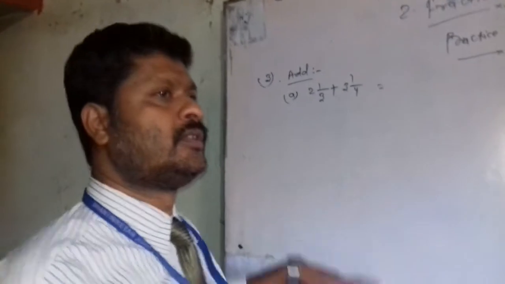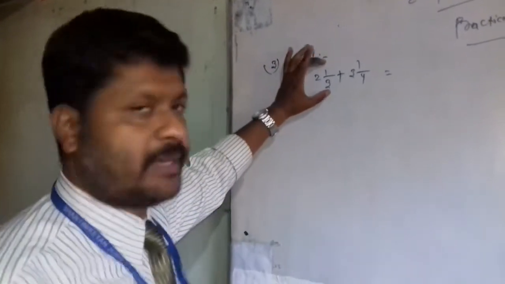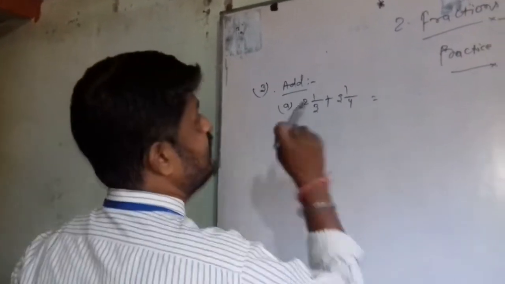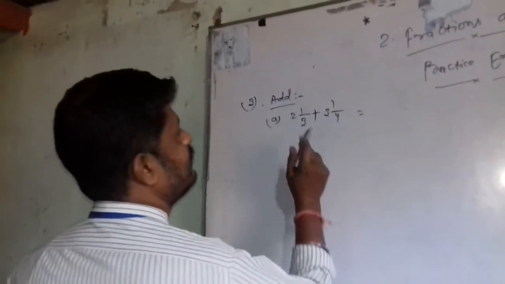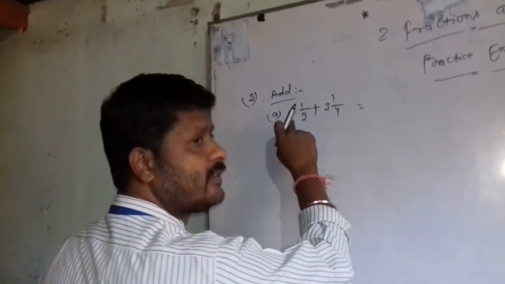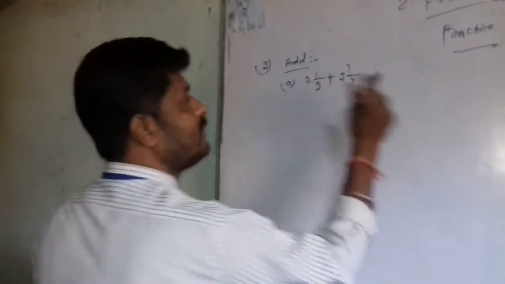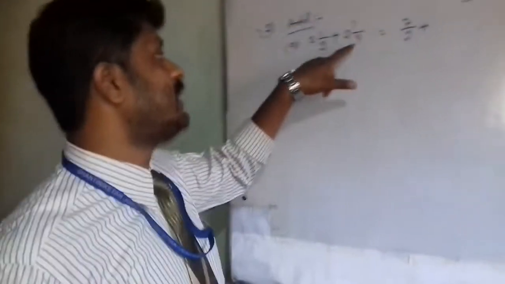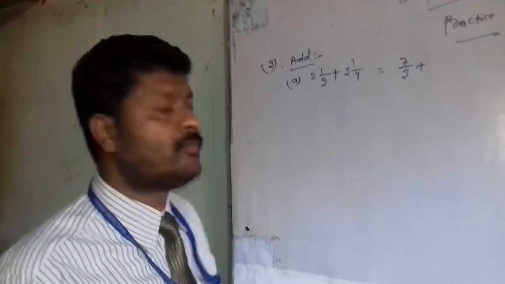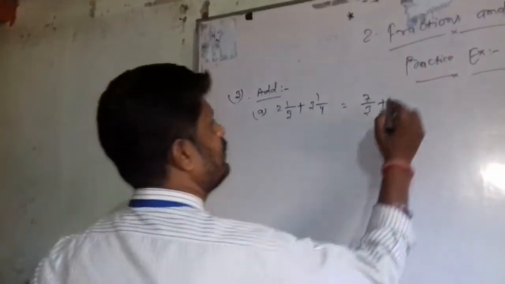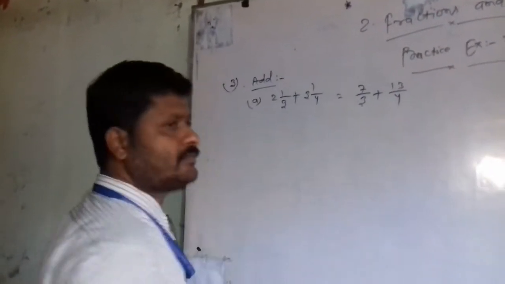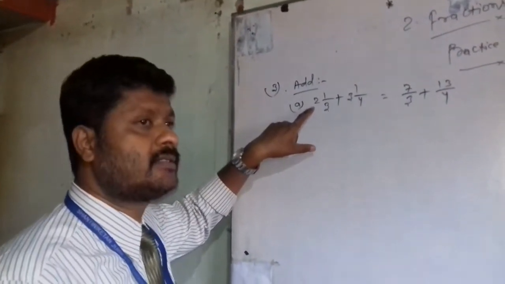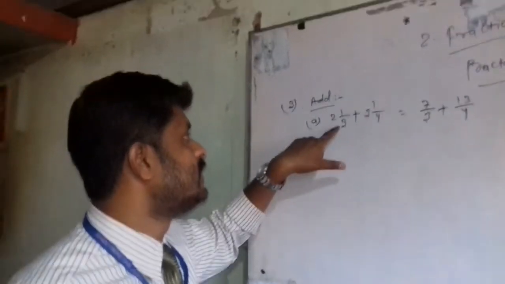First of all, this is in mixed fraction. We have to arrange it in simple fraction. Then 3 2s are 6, plus 1 is 7, so 7/3. Just like this, 4 is multiplied by 3, then we get 12 plus 1, 13/4. Again, the denominator is multiplied by this, then we get 3 2s are 6 and 1 is